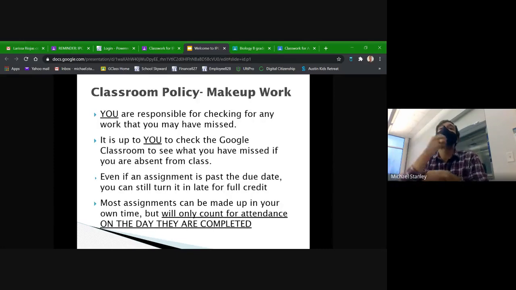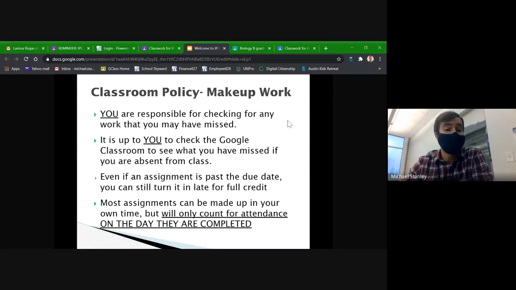All right, so that was the attendance policy, which again boils down to making sure that you're checking the Google Classroom every day and doing the daily assignment when it's due. If you keep up with that, then you should have no attendance problems in your future.